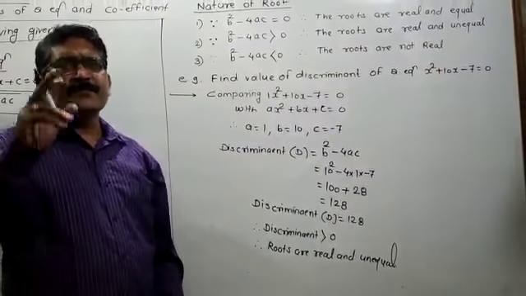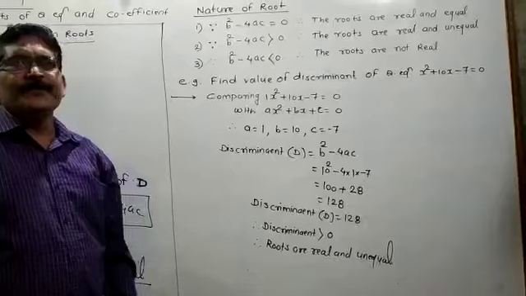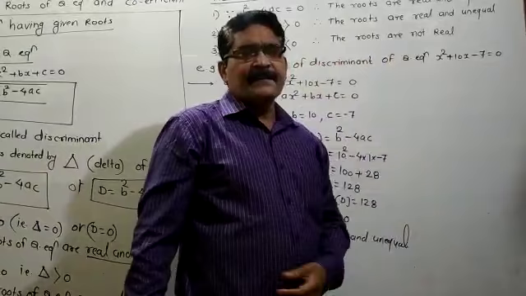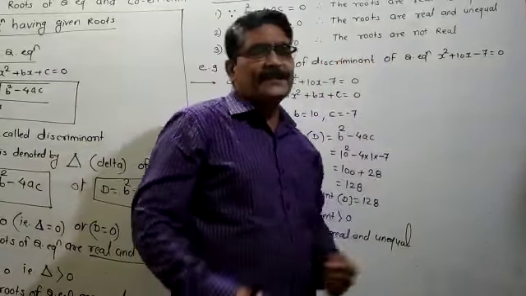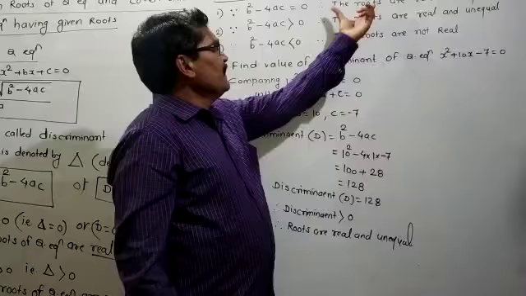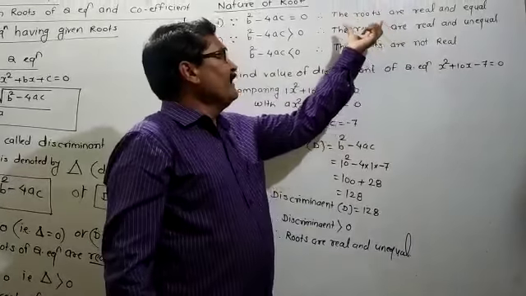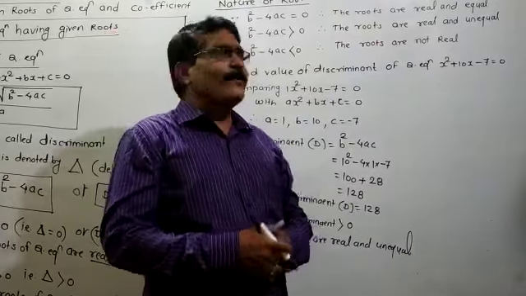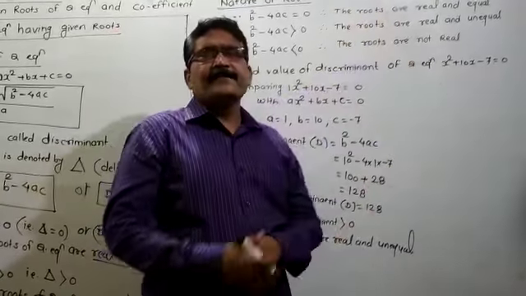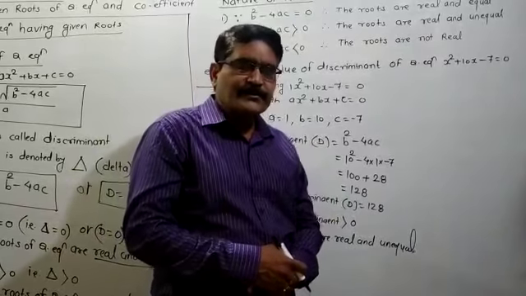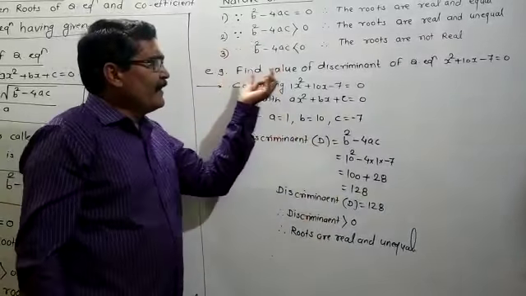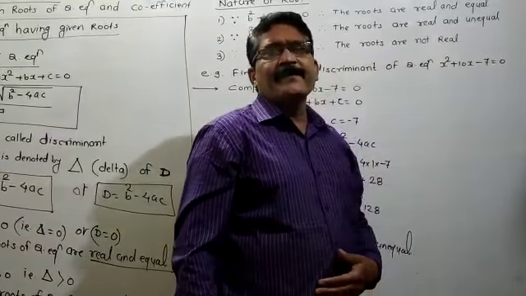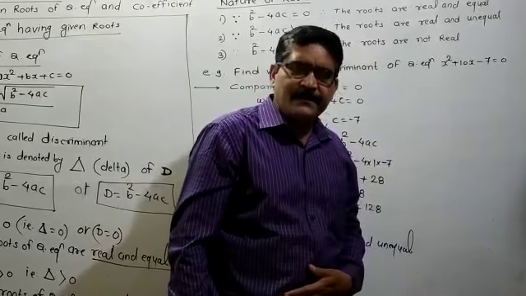From that, first question, solve first question of your textbook: find the value of the discriminant of the quadratic equation. An additional question I will say is that you have to find out the nature of the root also. This one is the nature of the root. Whatever be, according to the discriminant, whatever be, you will compare with 0. According to that, whatever you will decide, that one is called the nature of the roots. And from that you have to find out the value of the discriminant from the given quadratic equation, and you have to find out the nature of the roots of the quadratic equation.